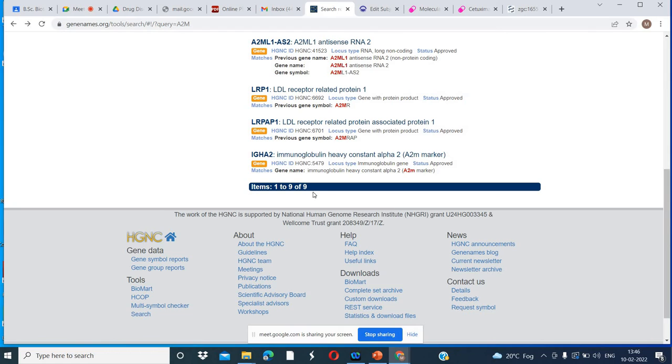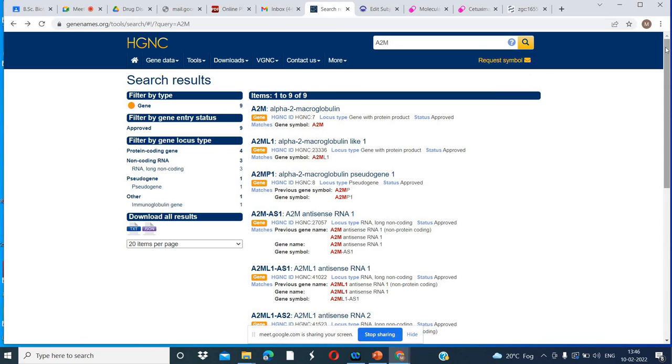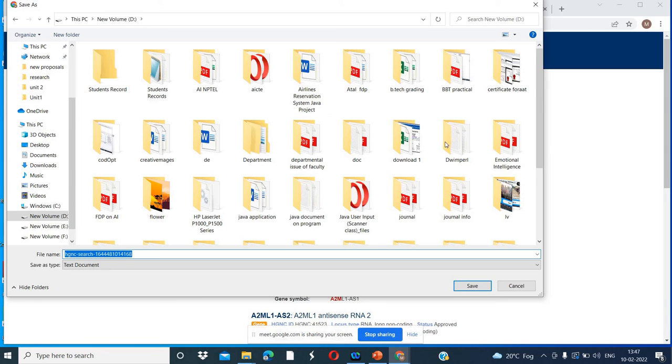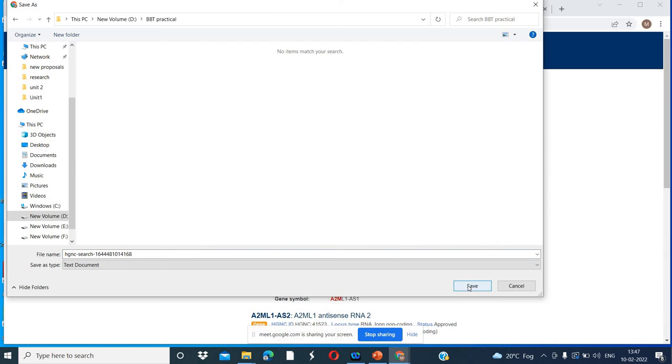Whatever entries are available will come in this search. You can also download all your results from here. You can save the results in text format. How much do you want to save? I am saving it in your practical folder.